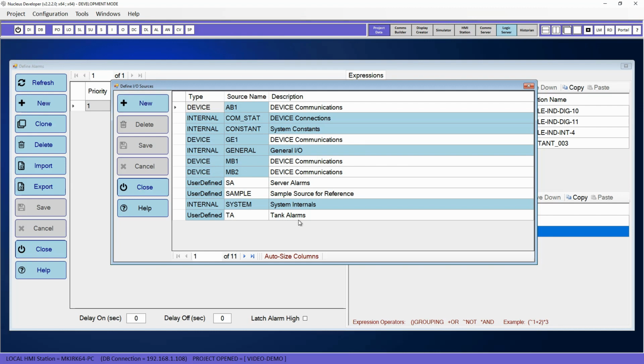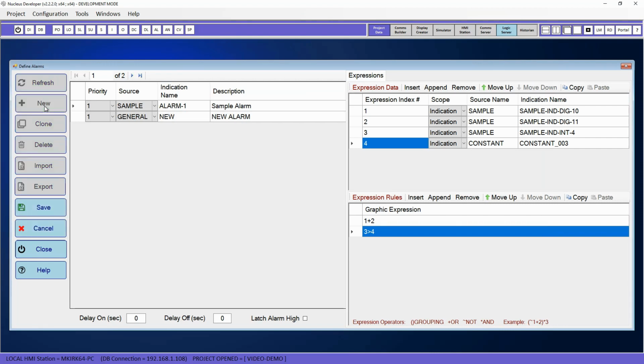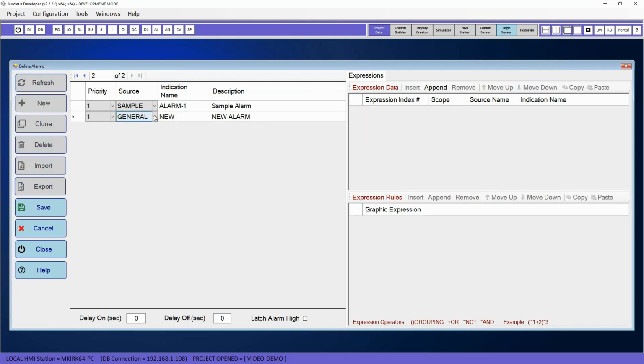In the alarm window, select the New button. We will select the new source SA for server alarms. Enter the indication name CS01 alarm. The description will read Communications Server 1 offline. Append a new expression and select the source name of System. The indication will be the familiar